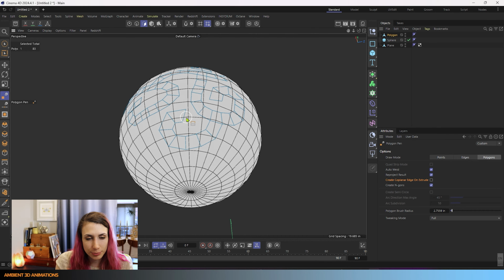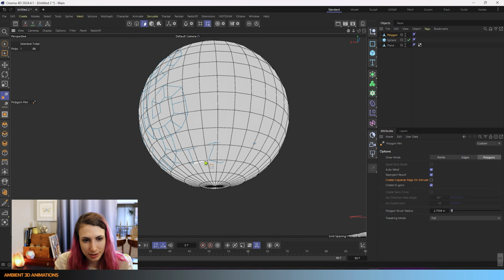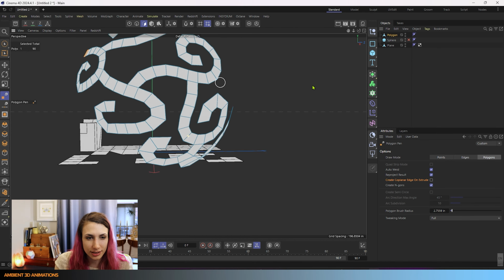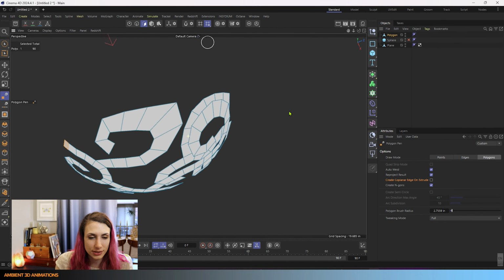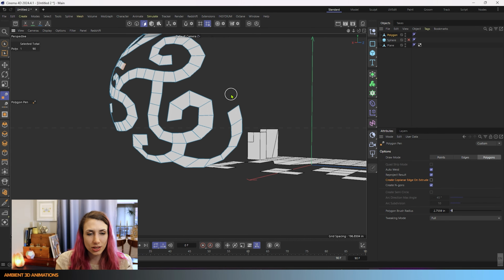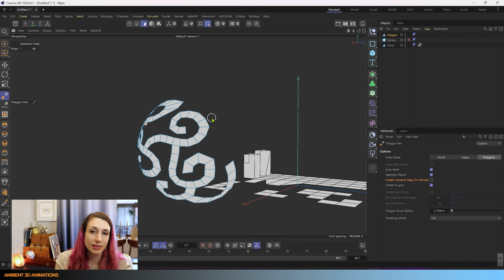You can get in a lot of practice with these tools just by creating something fun, trying out the hotkeys. And the really cool thing is that then once you're done, you can hide the sphere and you have this really cool shape here that you can use for a lot of different things. You could put something on a character's head this way. You can actually